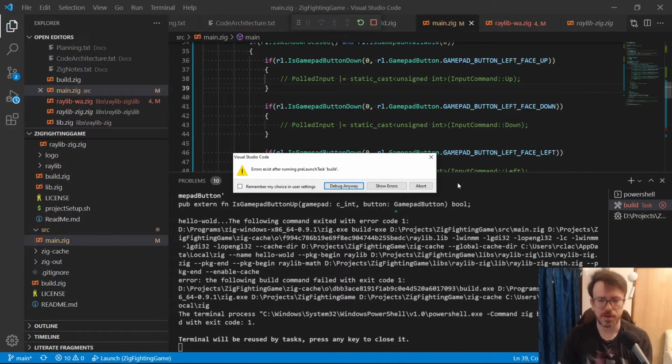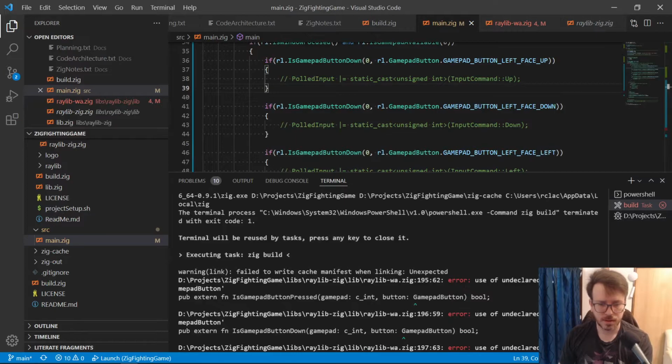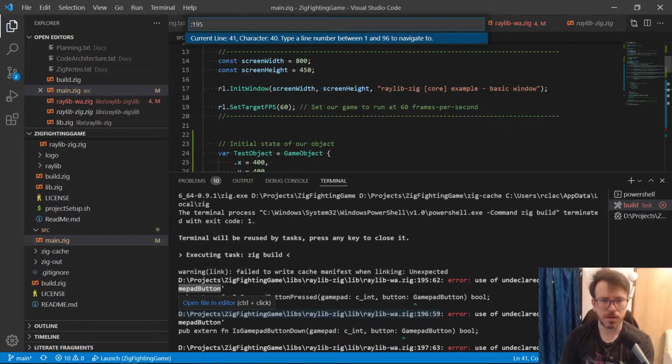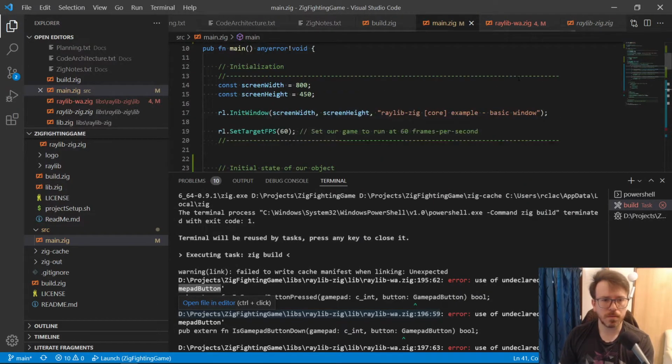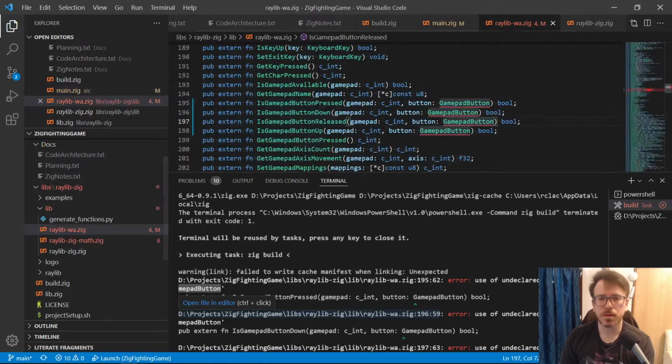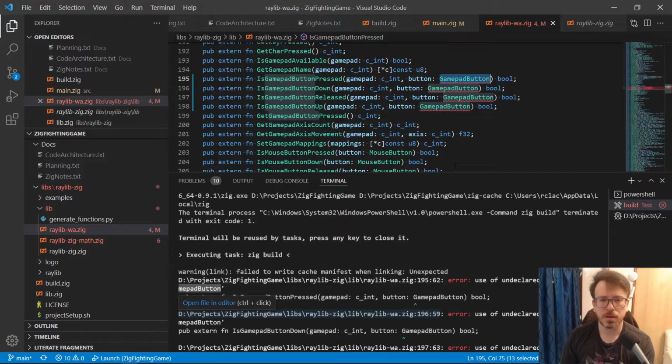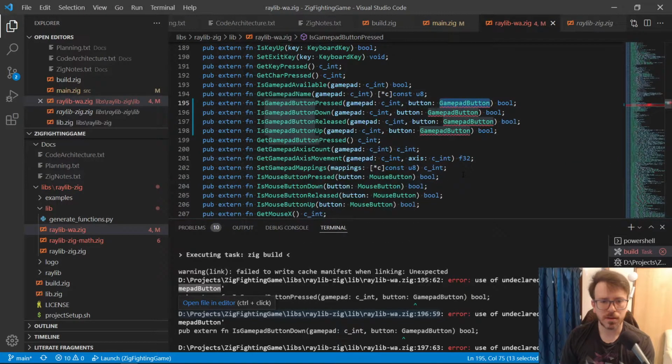We're getting an error? Okay, I'm going to fix this first. Use of undeclared game. Really? 195? Wait. Oh. That's in the code I changed. Okay. Wait, is this not exposed? Hold on. Hold on. No. Wait.